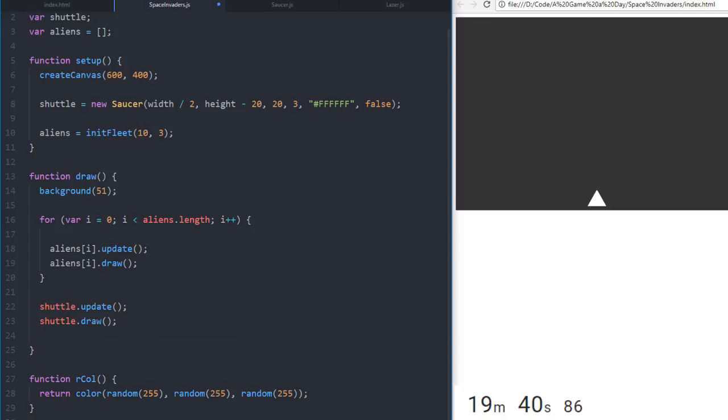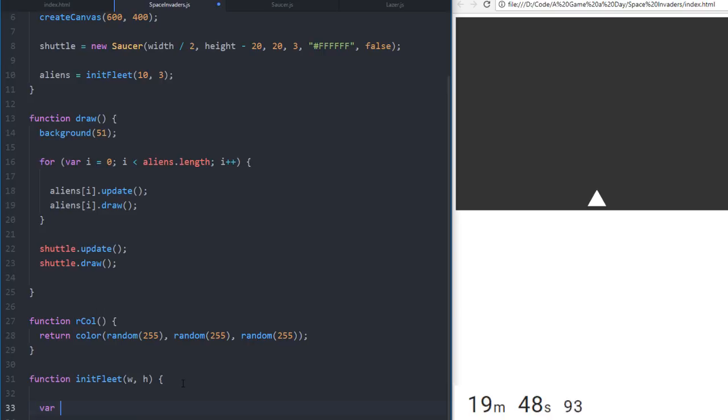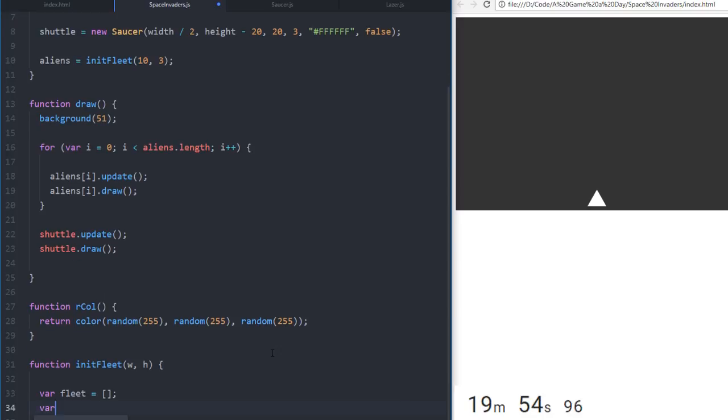Init fleet, width, say W and H because those are reserved words. So var fleet equals an array. We say var size equals,